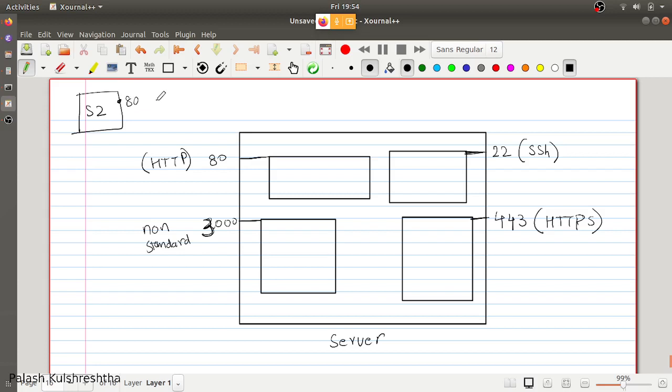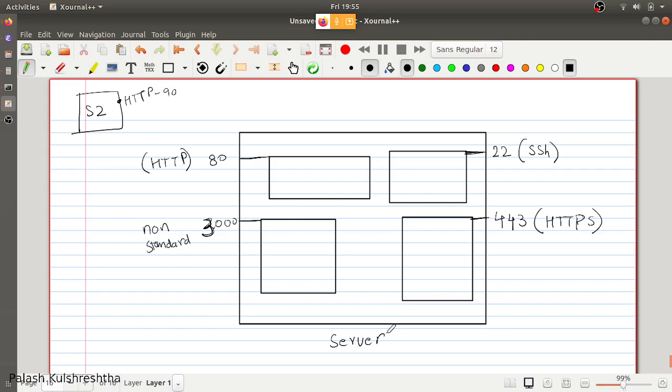If it is not following the convention, then you have to have prior knowledge of that. Let's say this server is running HTTP on port 90. So when you want to talk to this server, you are going to send an HTTP request or HTTP message on port 90. So these are the applications that are running on a server.